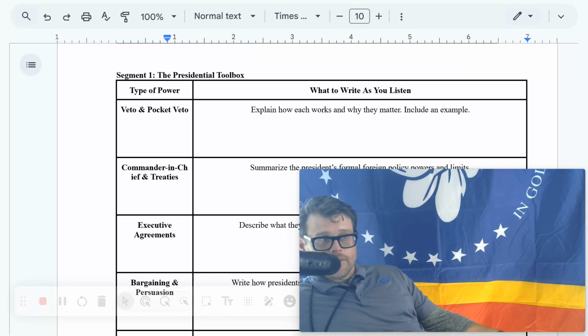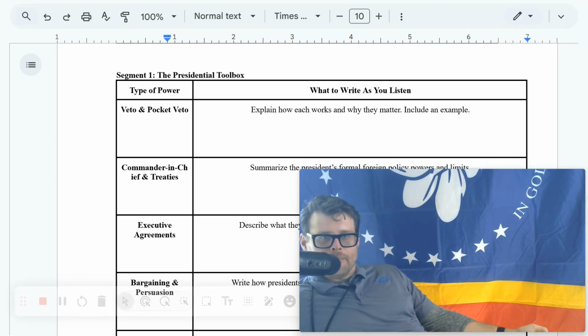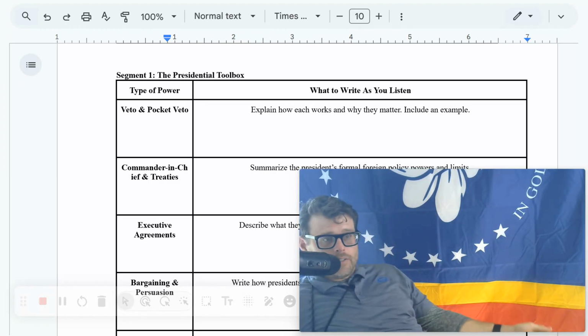First up on the types of powers, veto power. Veto power. This is the presidential Uno reverse card, guys. Congress passes a sus bill. We've talked about it. A bill no one likes. The president can say, nah, fam. Whoa, nah, fam. It's dead. I veto this sus bill. It's 6-7, if you know what I mean. And unless Congress comes back with a 2/3 supermajority, right? 2/3 supermajority, which is hard to do and rarely can get it, right? It's not going to get passed.